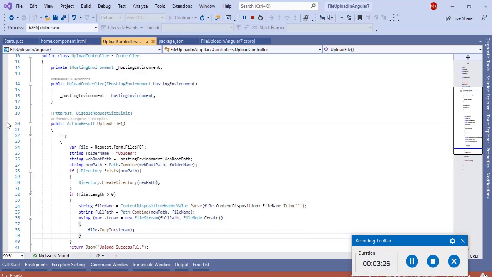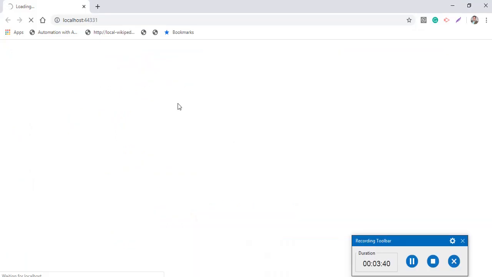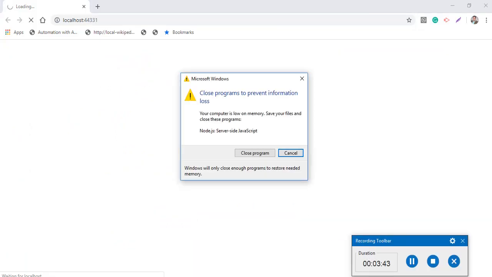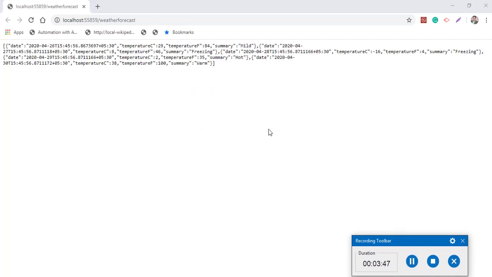So let me make a debug point here so that we can debug the files when it comes to the web API, and we can see how it is working. So the API is running. Let us check that the API is running. So you can see that my API is running right now.